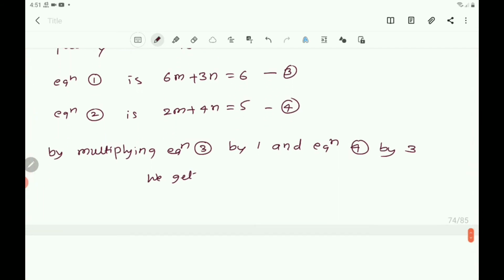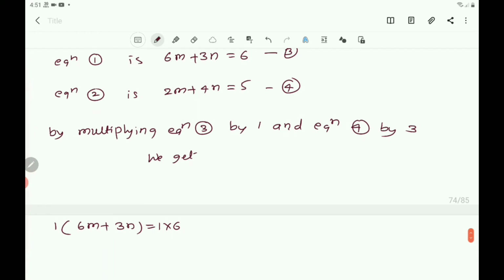1 into 6m plus 3n equals 1 into 6. Multiplying each term by 1, that becomes 6m plus 3n equals 6. The second equation,